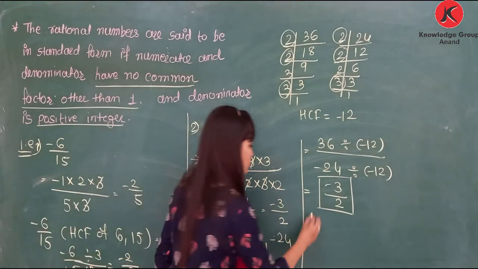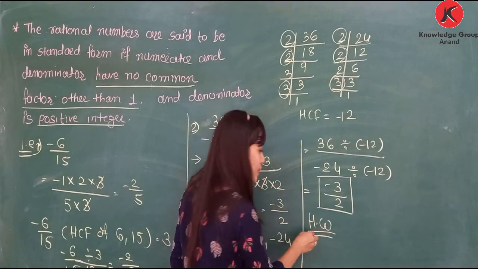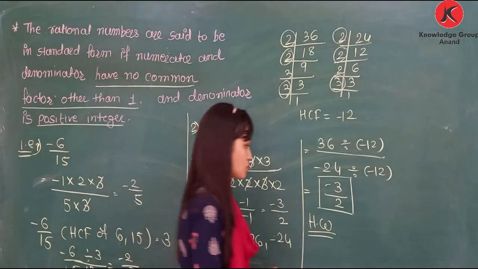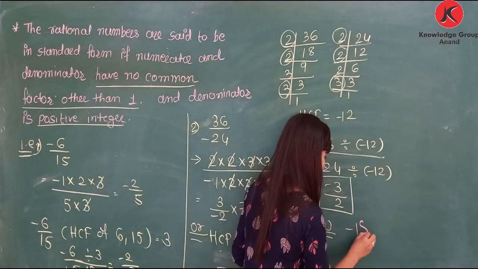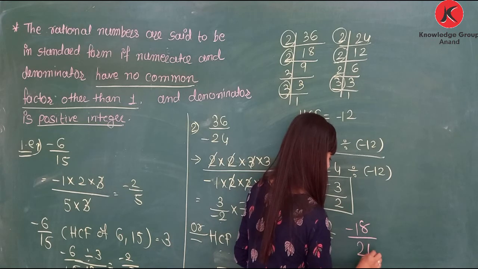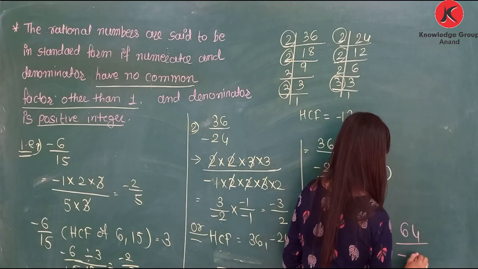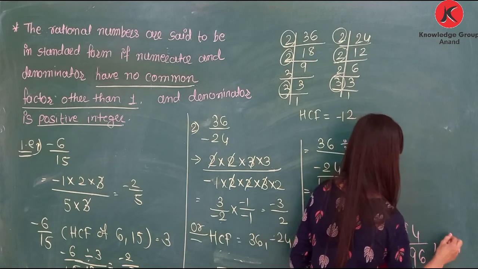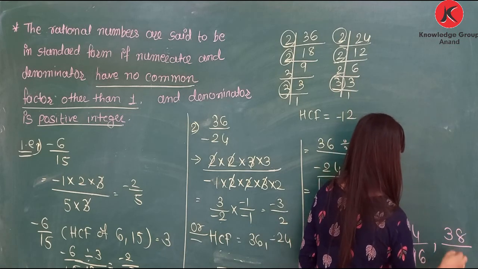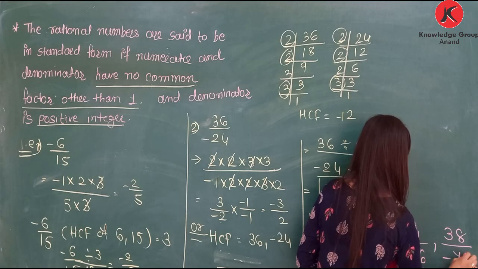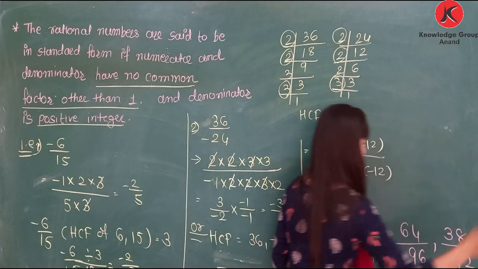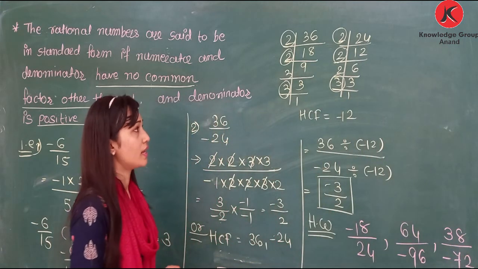Here in homework you need to find the simplest form of the given rational numbers. They are minus 18 by 24, then 64 by minus 96, and 38 by 72. So these are the three rational numbers, and convert them into